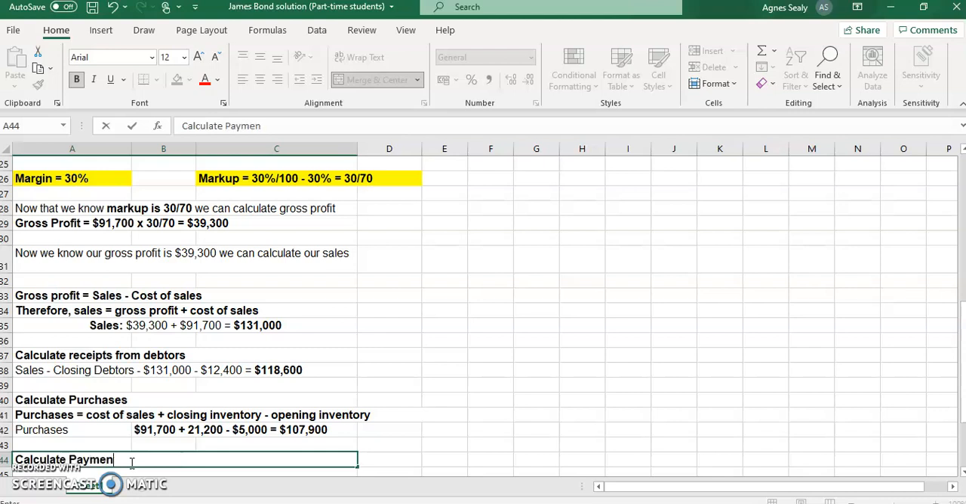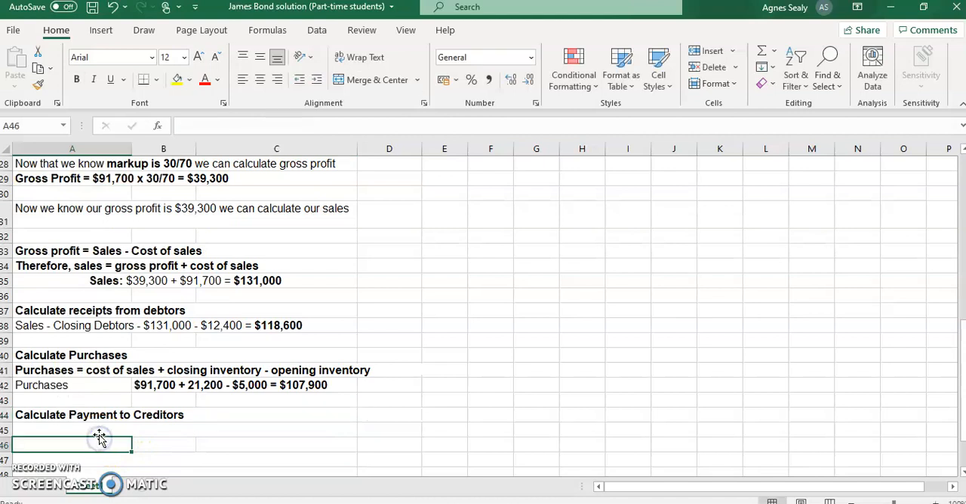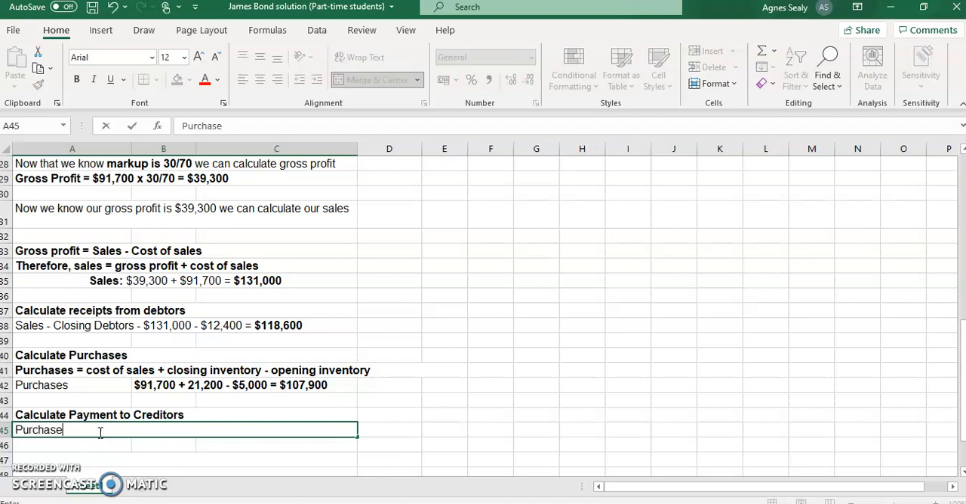our payments to creditors. And we can do that again by taking our purchases and subtracting our closing creditors. Now remember, if you had opening creditors, you would add your opening creditors to your purchases and then subtract your closing creditors, and that would give you your payments. So let's see what we paid our creditors. So it's our purchases minus our closing trade creditors,